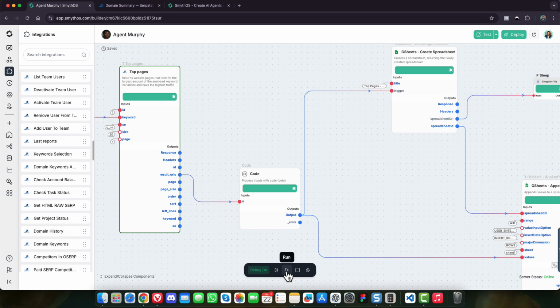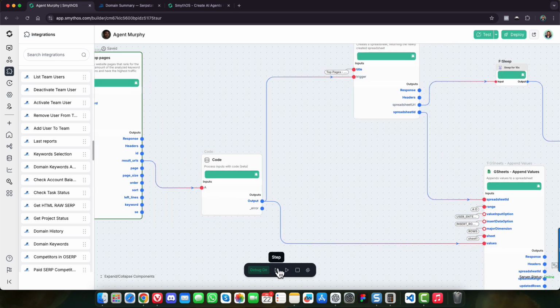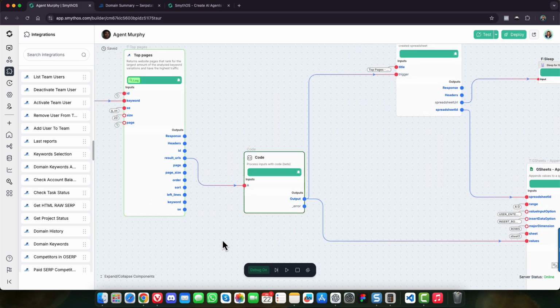You don't have to click anything, and it will continue to run until the end of the workflow or until it encounters an error. For this demo, I'm just going to do one step at a time, one component at a time. So I've clicked next step.